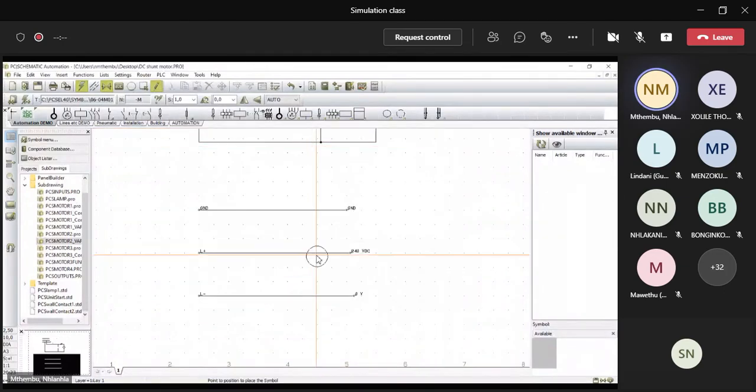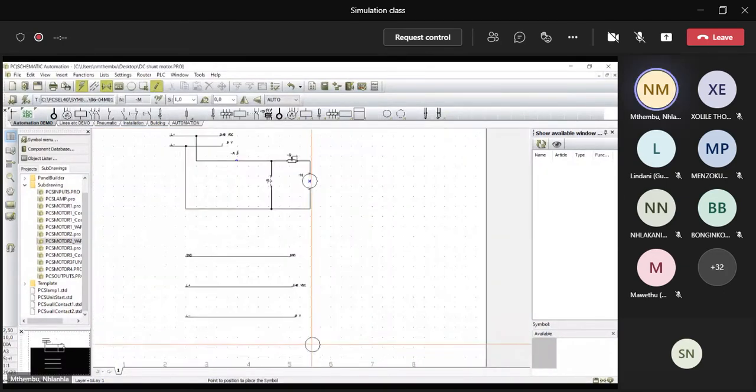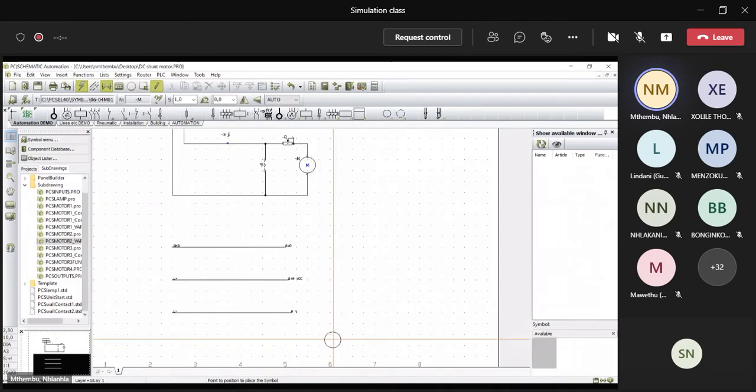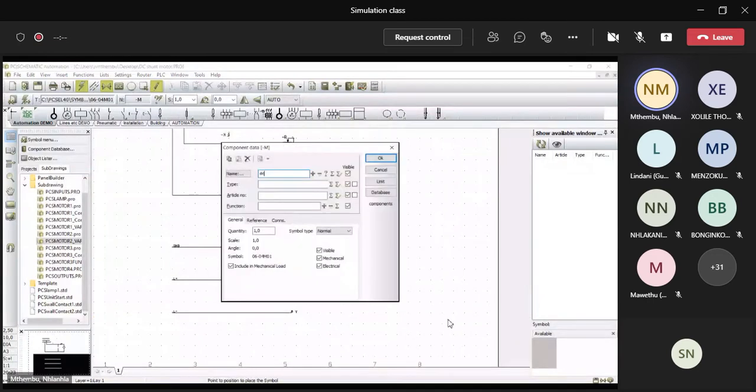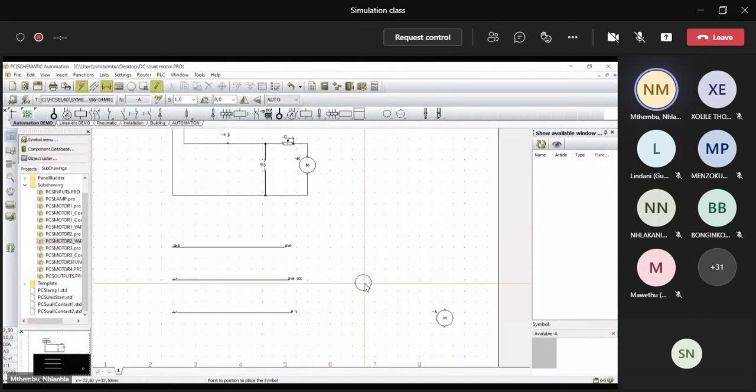You can have it like that as motor or make armature. Just say armature if you want to put this armature. You can say A1, A2. It does allow you to put some labels. And then there is also a